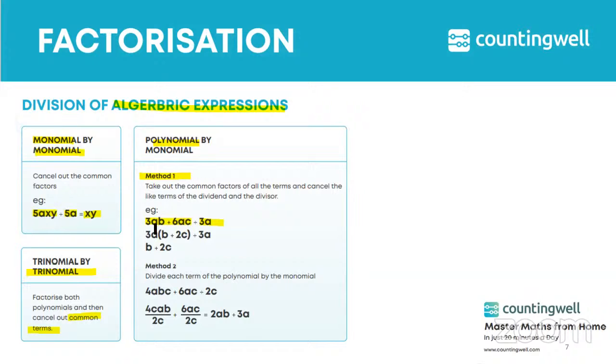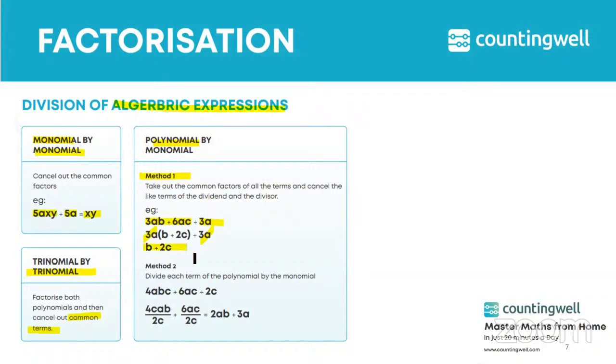Note that a is common among these two terms and 3 is also common. So we have 3a common, which will be outside the bracket, and inside the bracket we will have (b plus 2c)